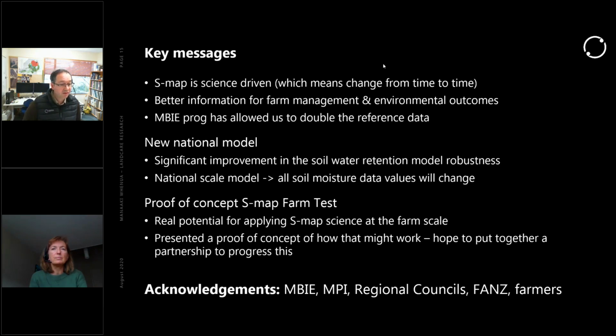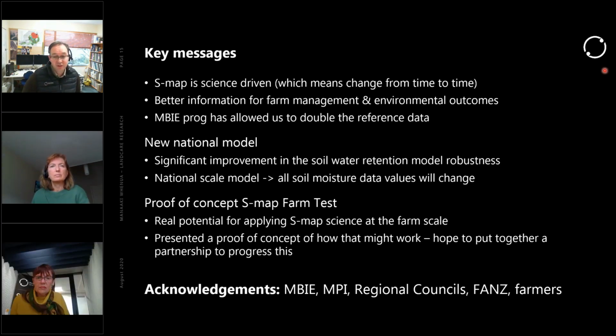So we really do want to be able to acknowledge the support of MBIE, MPI, a whole suite of regional councils, the Fertiliser Association, and also a lot of farmers across New Zealand, which over these last 4 years have continued to allow us to access their farms and be able to dig pits and measure the attributes we're using now to improve Smap. So that's the end of our talk today, and we'll hand back to